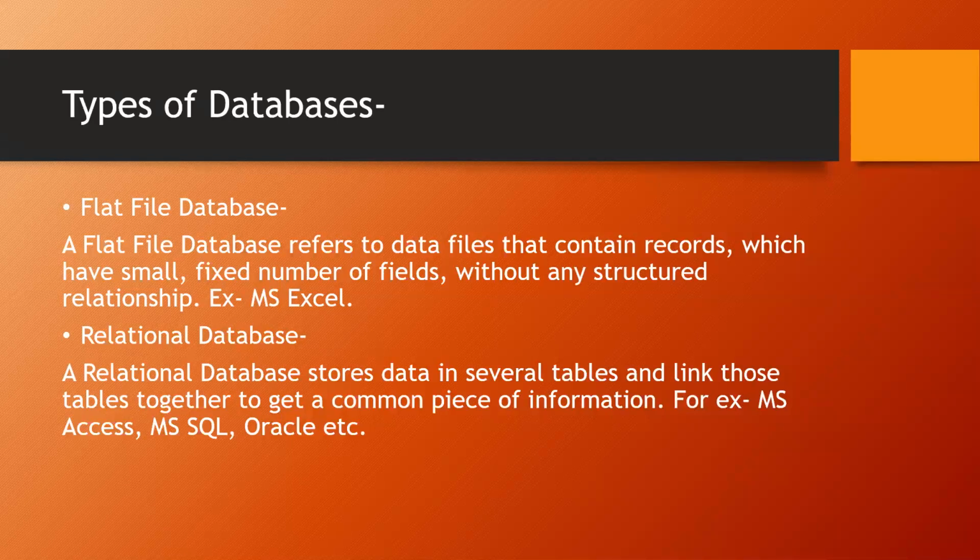Okay, in Excel we have sheet 1, sheet 2. So suppose you have saved one kind of data in your sheet 1 and then another kind of data in your sheet 2. Then there is no way of relating sheet 1 and sheet 2 together. All right, so then the second type of database is relational databases. As the name is only telling, a relational database will create relationships between the files. Okay, and how these relationships are made, I'm going to teach you in the next slides. Okay, so the basic difference between the two types of databases is the creation of relationships.